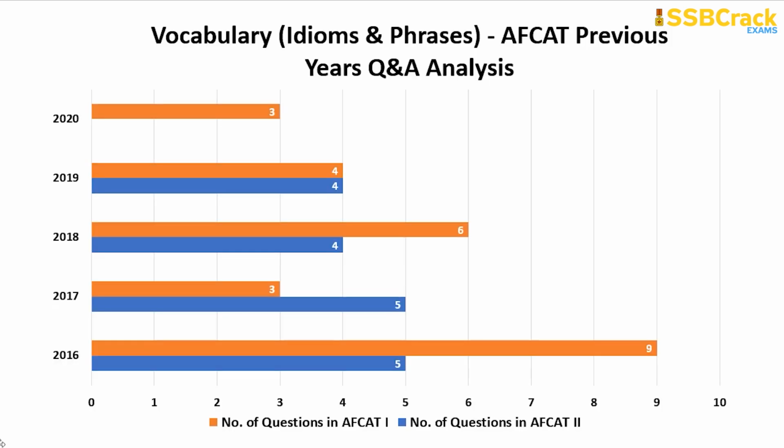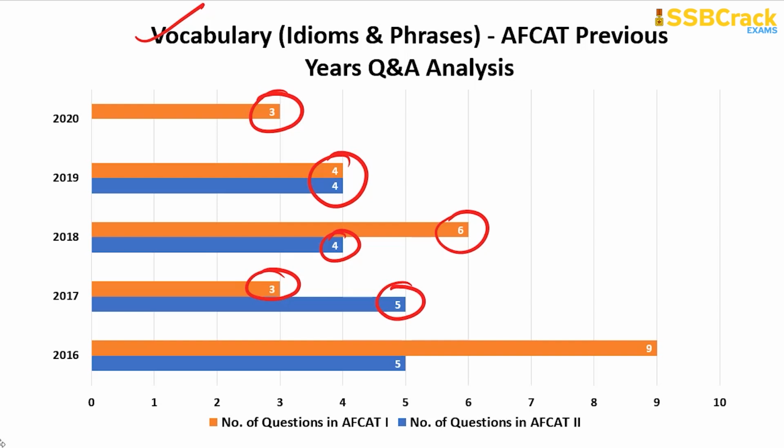Now coming on to the next topic, which is vocabulary in the form of idioms and phrases. You can see 3 questions came from this topic in AFCAT 1 2020 and also in AFCAT 1 2017, while 4 questions came in both AFCAT 1 and 2 2019, AFCAT 2 2018. 6 questions came in AFCAT 1 2018, 5 questions in both AFCAT 2 2017 and AFCAT 2 2016, while 9 questions came in AFCAT 1 2016. So on an average, about 3 to 9 questions you can expect from idioms and phrases in your AFCAT English